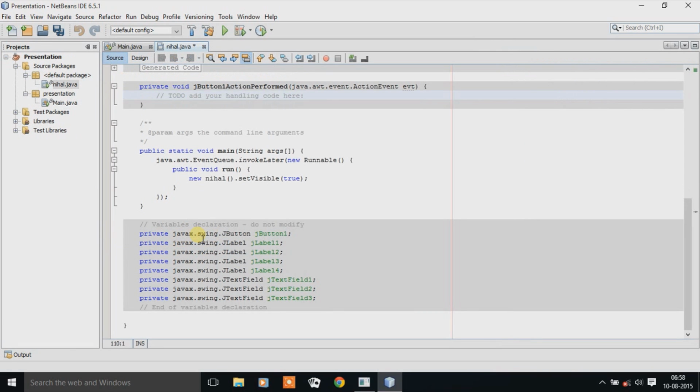Now we will double click on the add button. We will delete the things which are present there. Now we start coding in NetBeans. We will type String, S capital, and declare the variable name is equals to jTextField1, T capital F capital 1,